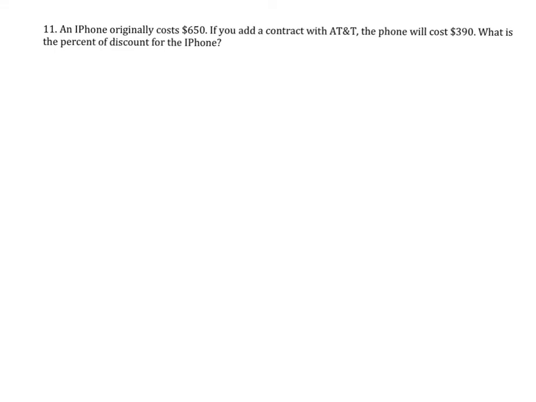Okay, on question 11, it says an iPhone originally cost $650. Key word there. If you add a contract with AT&T, the phone will cost $390. What is the percent of discount for the iPhone? So if we think about this, first we need to figure out what formula we should be using. Well, we're talking about percent of increase and decrease. So that is the amount of change